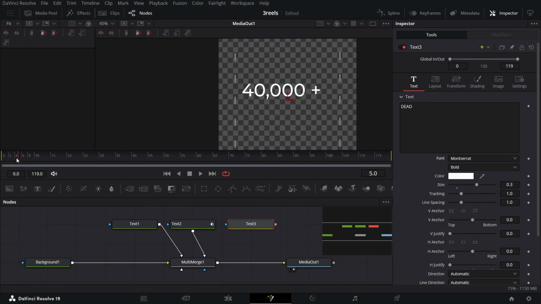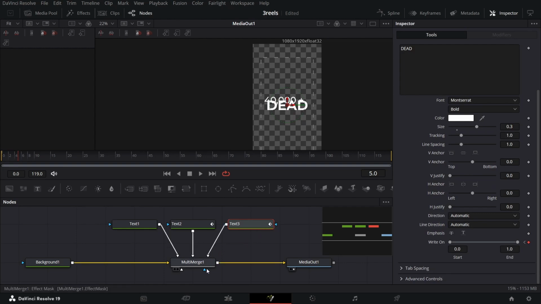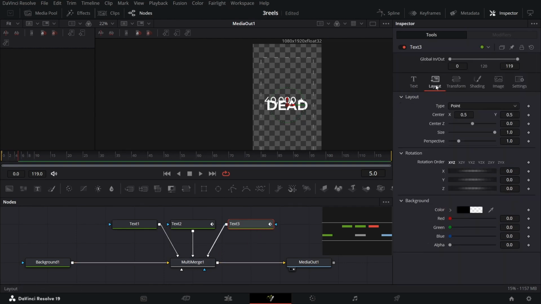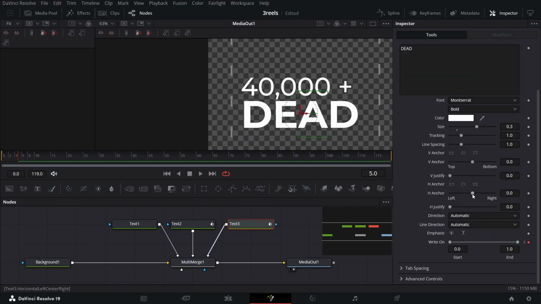And let's go over at 5 frames. And over here, I'm going to create a keyframe at right on. And then at 0, I'm going to change this to 0. And let me just connect this with the multi-merge so that we can see how it looks. Now let's go over to layout, and from here, let's change this right here. And you can also change the H anchor for this as well,